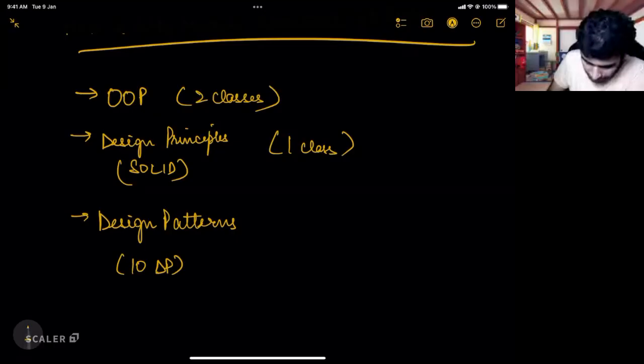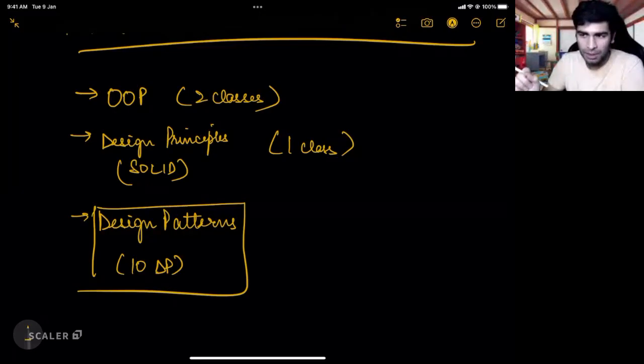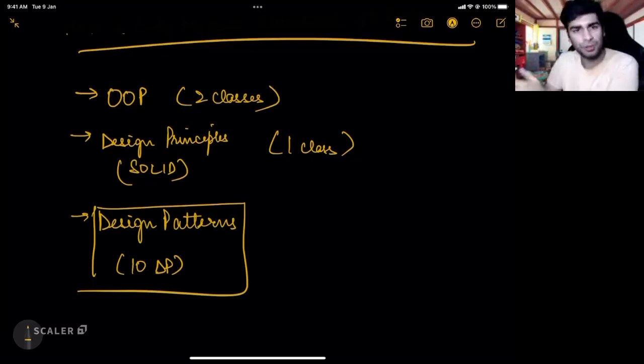Obviously, for the design patterns, we are not just going to say that, okay, this is the design pattern. We will first build a use case for that. That, okay, what is the problem statement which requires us to use this design pattern? For example, if your class has a lot of attributes, you cannot take all the attributes via the constructor. So you will try to use builder for that. Something like this. So we will try to start from the problem statement. Then we will come to the solution of that. And then we will understand the pros and cons of that solution, when to use that solution, when not to use that solution.